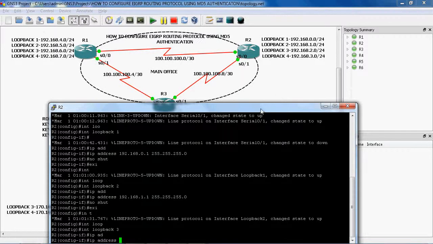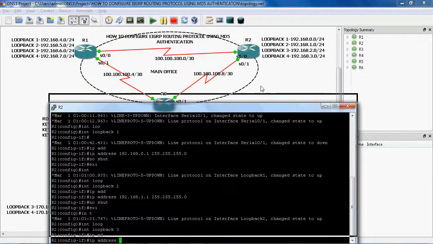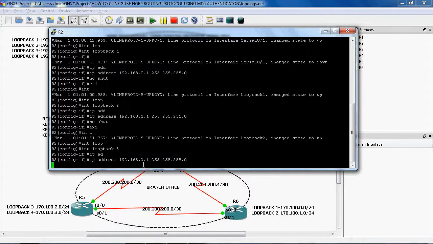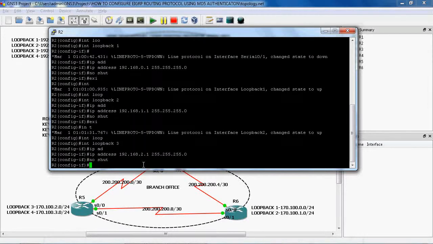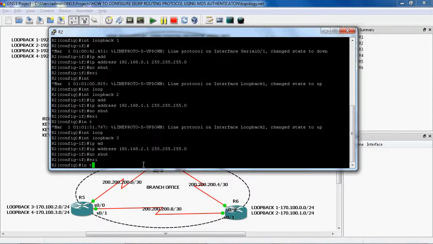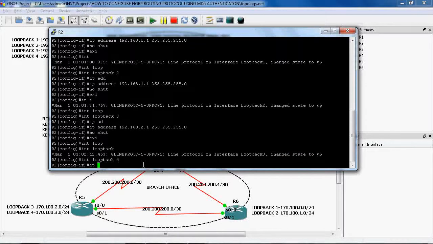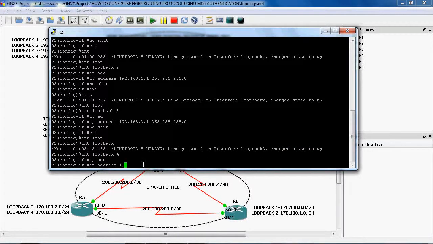Of the remaining 2, one is used for the net ID and another for broadcast. So 192.168.2.1. The subnet mask is 255.255.255.0. No shutdown to enable this interface.